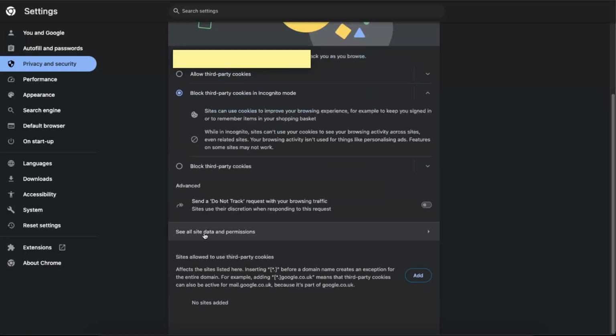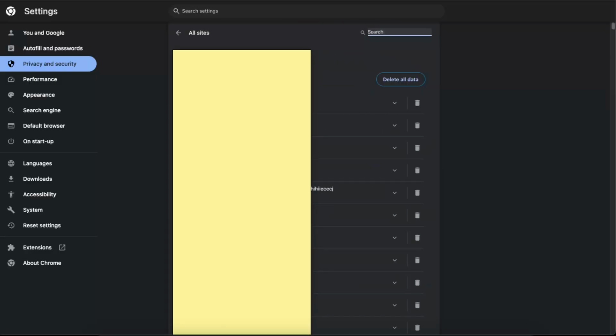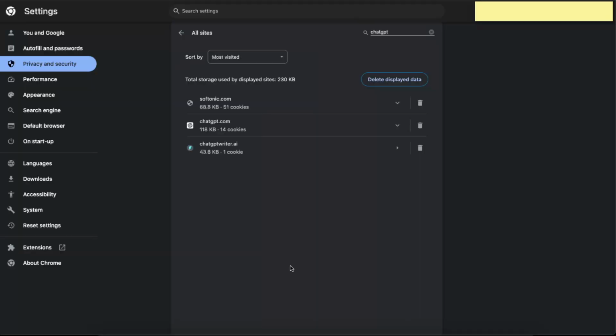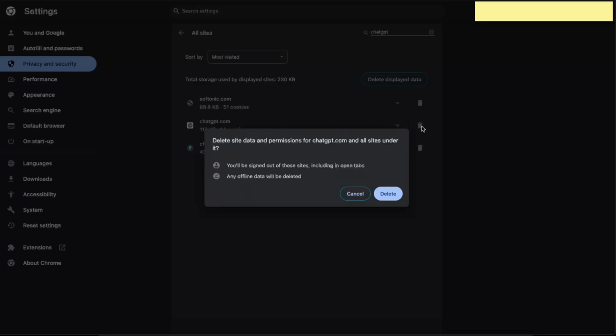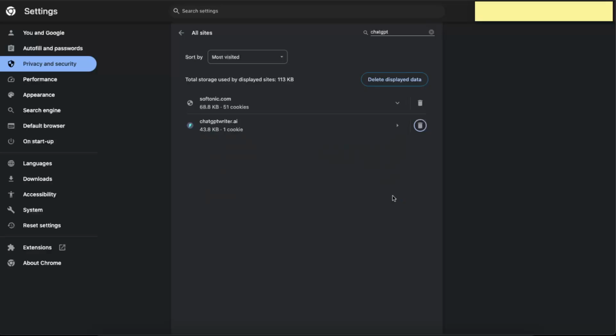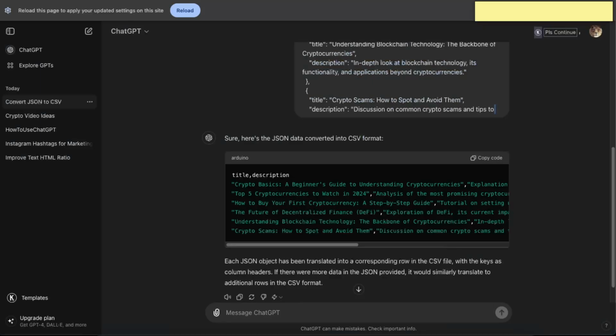And you will see all the site data and permissions. Click right there. And now you want to go ahead and write down ChatGPT or OpenAI. And now you will see this option and you want to go ahead and click delete site data and permissions and delete it. After that, go ahead to your ChatGPT